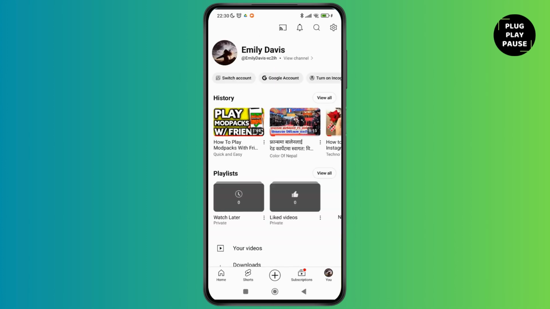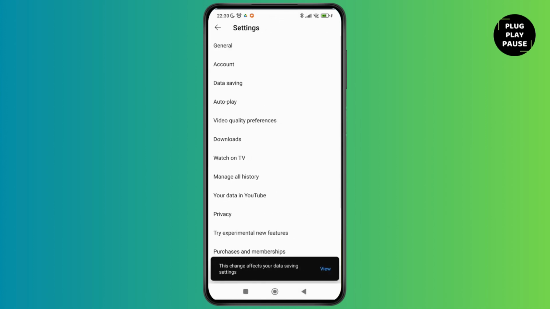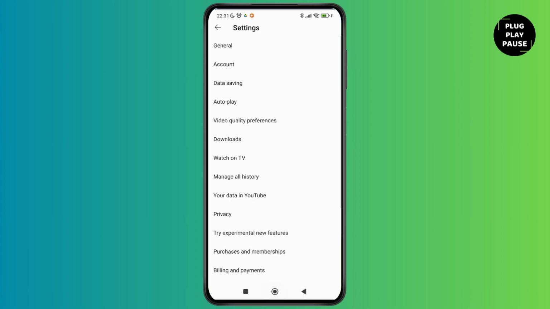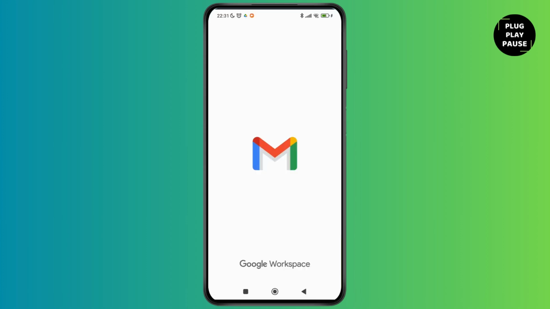Then we're going to tap on the settings at the top right corner of the screen, and then we can see the option of autoplay over here. So just tap on that and make sure you disable this option, because a lot of times while autoplaying, the history also gets searches that you didn't do, because it keeps on continuously playing videos. So go back and you can go to your Gmail account